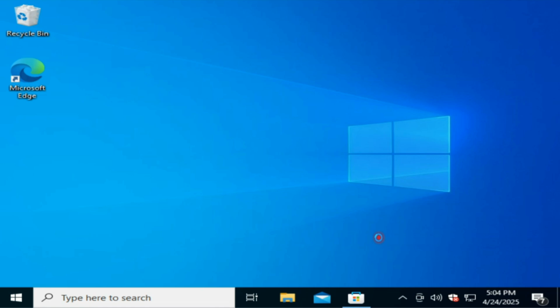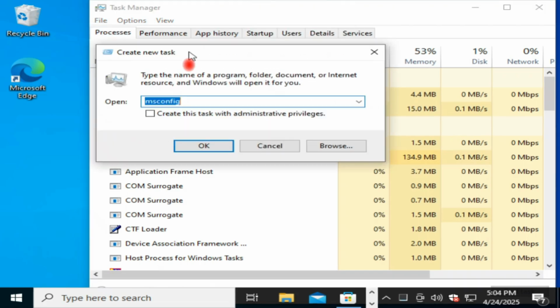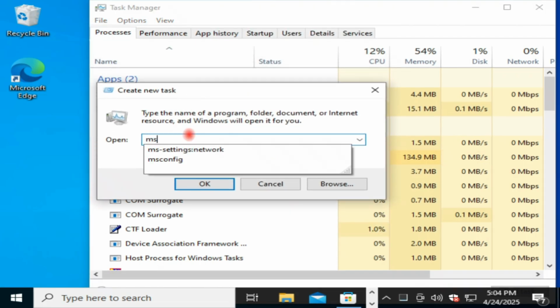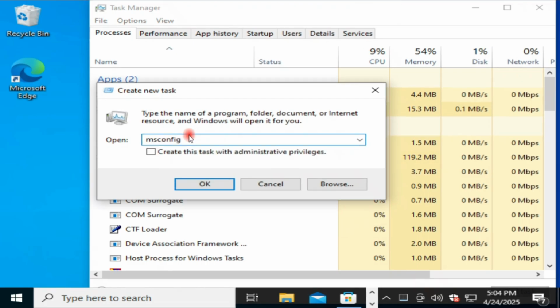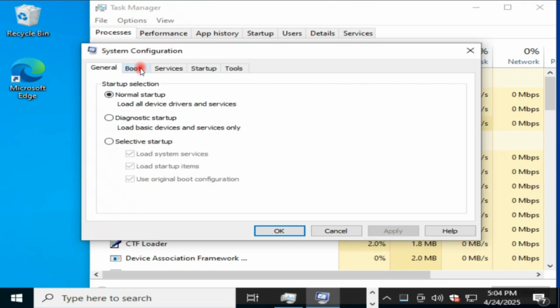Right click on the taskbar and after that click the Task Manager option. Then click File, click New Task, and type msconfig in the Open box, check the checkbox and click the OK button. After that, click the Boot option